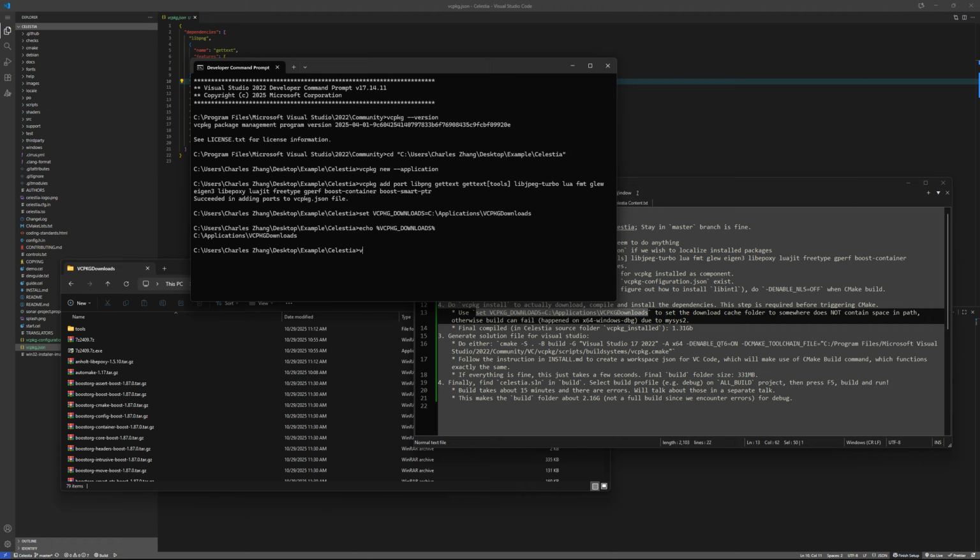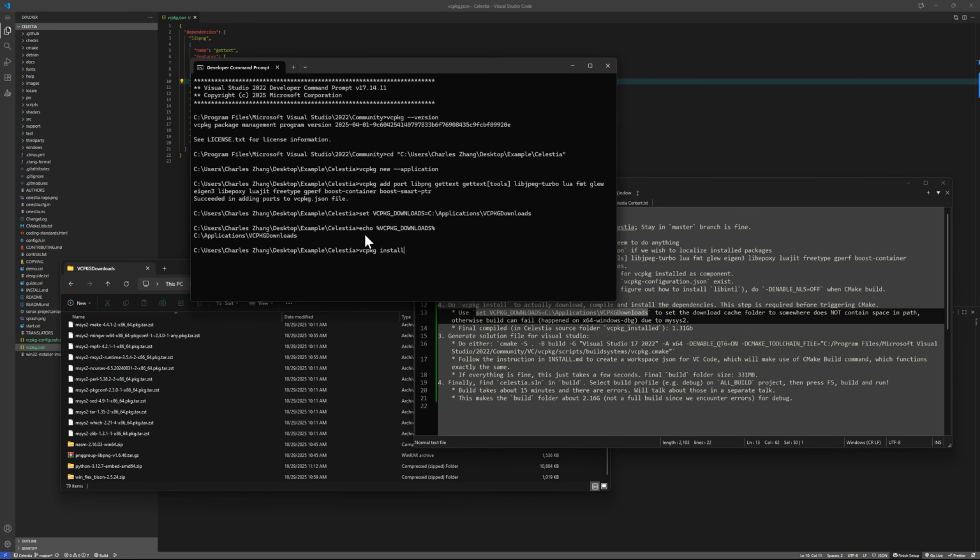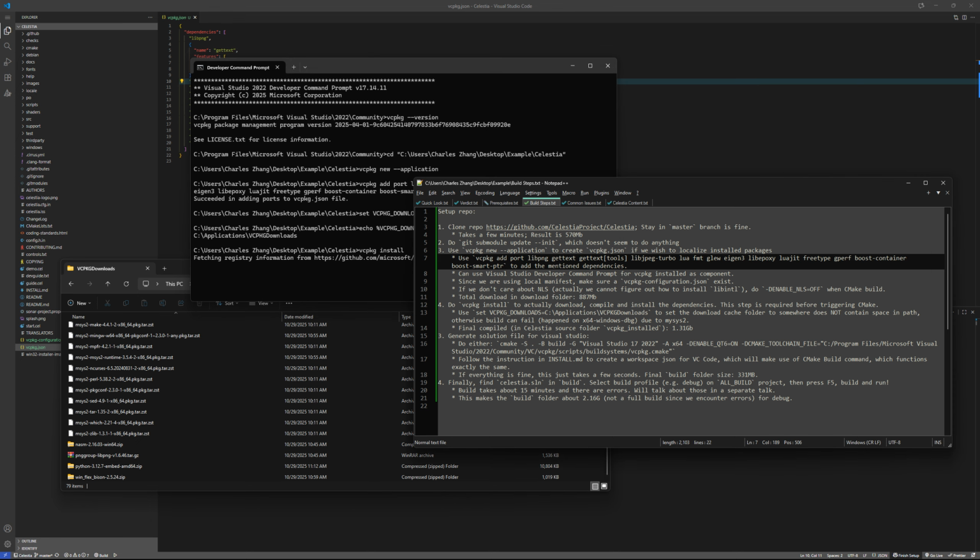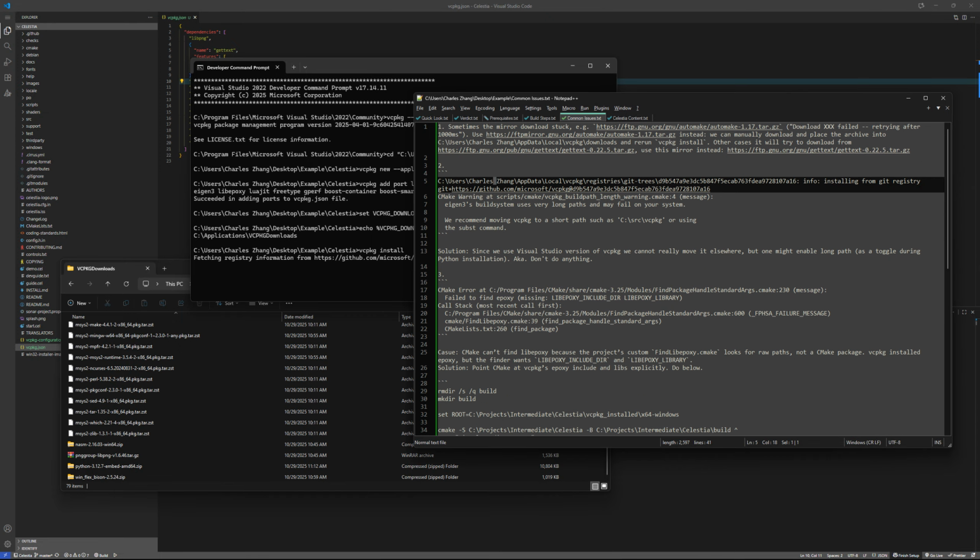Now when you do vcpkg install, it's going to use this folder instead. As I mentioned, I have already downloaded everything I need, so it should be fairly fast. I'm just going to click run. So it's going to run. While it's doing it, there's one other issue I want to mention that you might encounter, which is related to